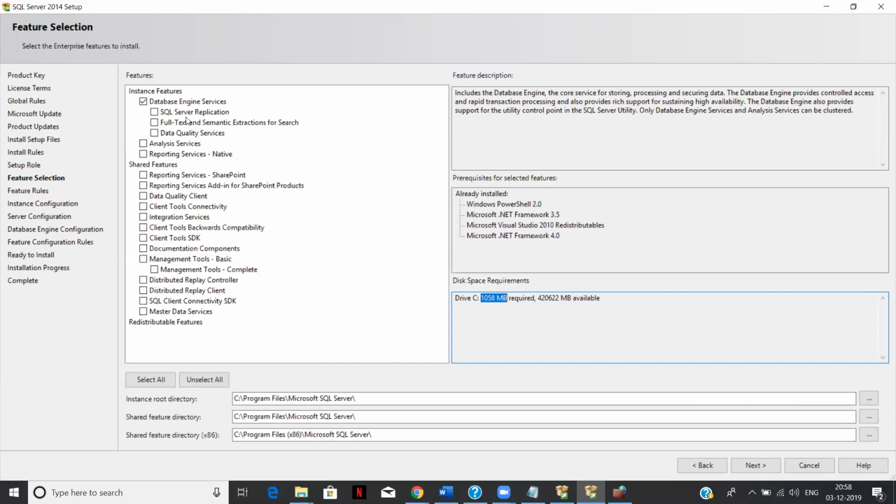Now I will click on SQL Server replication, which is required for us. If I click it here, the space will automatically increase because I'm selecting another extra feature. Even the RAM will increase. These are all part of the database engine service. That is why it is not increasing here. See here, under this database engine service, there are these three subparts. That is why database engine service only requires